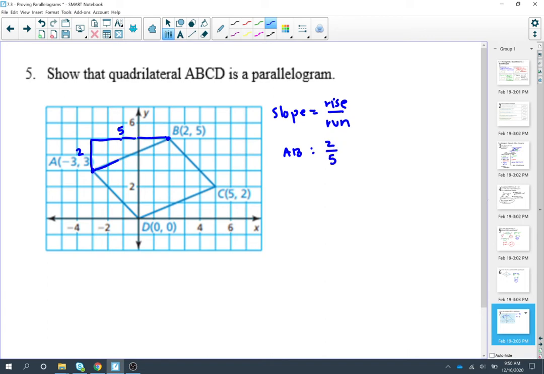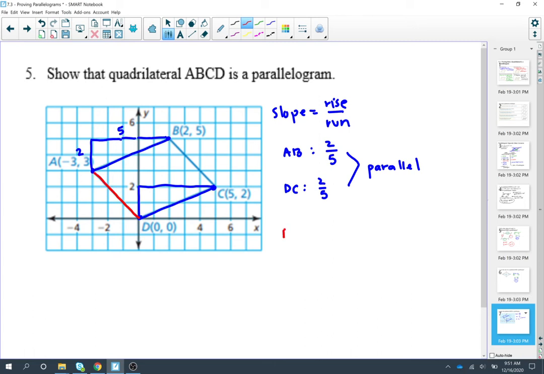Now I'm going to use that information, and I'm going to go down here, and I'm going to do D to C. Rise 1, 2, run 1, 2, 3, 4, 5. So these two are parallel. They have the same slope. So far, so good. Now, I'm going to do